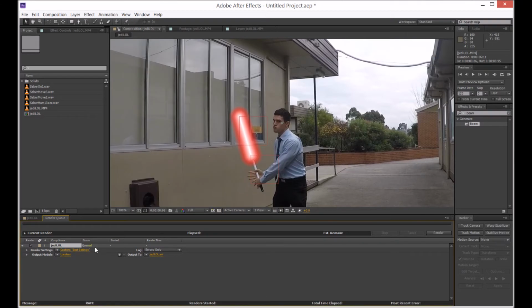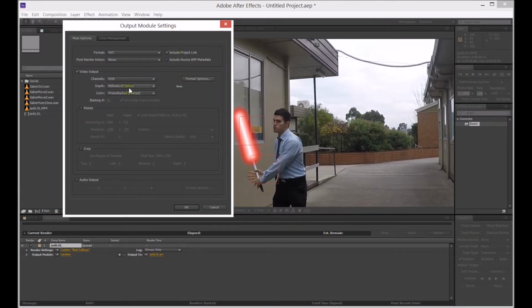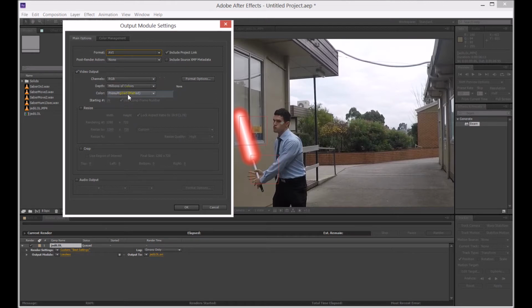Press OK. Go down here to Output Module. Hit on Lossless. It comes up in this window here. This is where we need to specify what format we want. So we're going to click on AVI here, and we're going to choose H.264, which is your general HD quality. And then over here in Format Options,